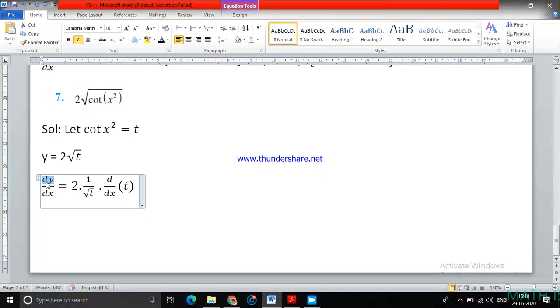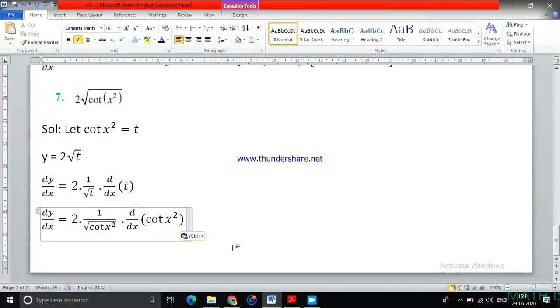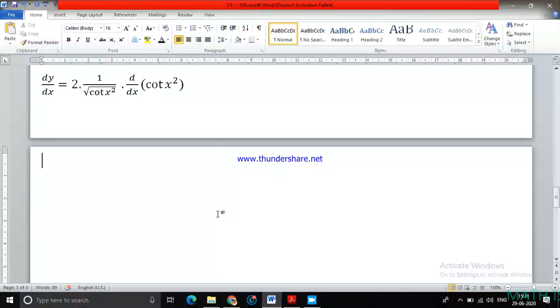Now replace your t value. What I do is, let me copy the entire question, then in the next step I'll replace t. So here t value I have to replace as cot x square. So t I'll replace here as cot x square. Here also t I'll replace as cot x square. So in the next step, what you can replace here? Here it is. So here you have dy by dx. This entire term will remain as it is.